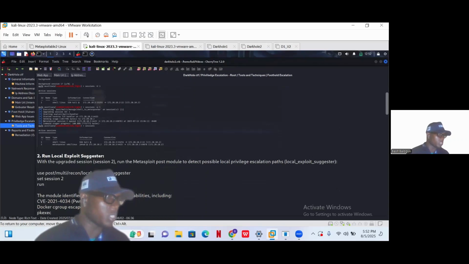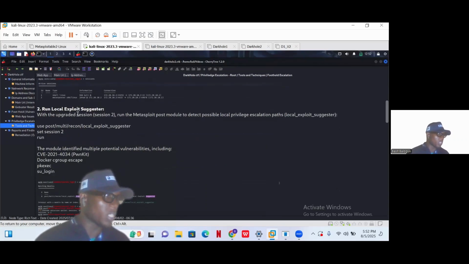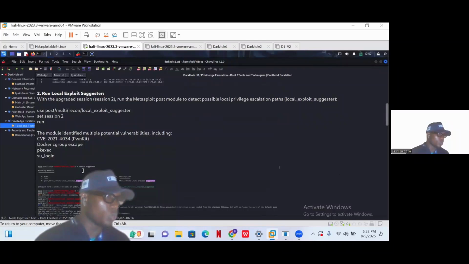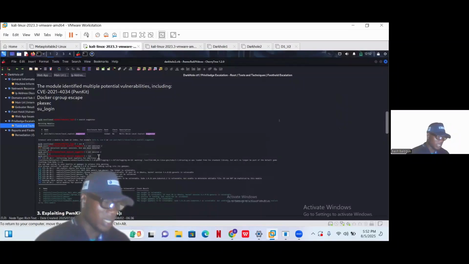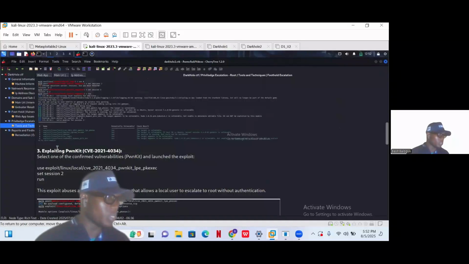Now that we've got a meterpreter shell, we can go ahead to run the local exploit suggester. So first thing, we search for the suggester and we got it. So we loaded it up, and the only option available for the suggester is the session. And the session which we need to run this suggester on is session 2, the meterpreter session. So after setting the session, go ahead and run it. Upon running it, we got some proven escalation paths, in which the most promising one was the first one, which